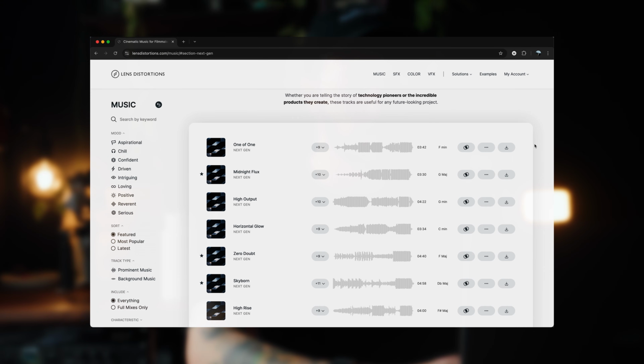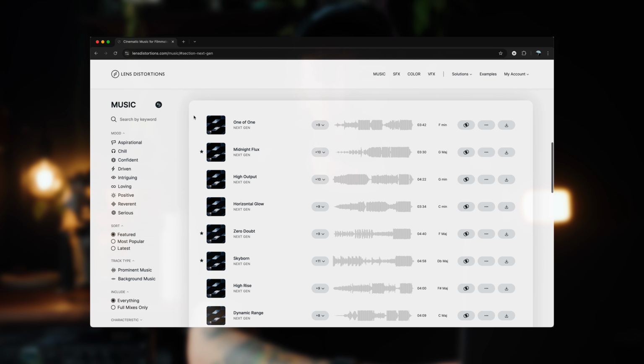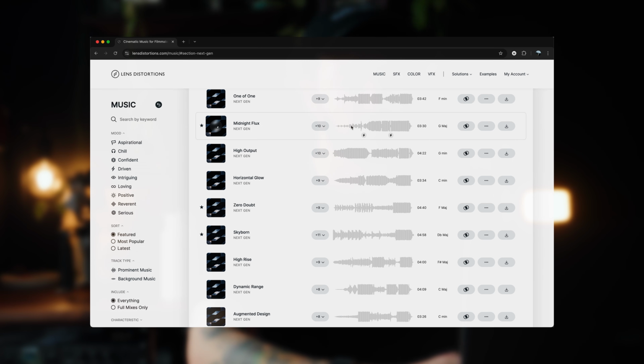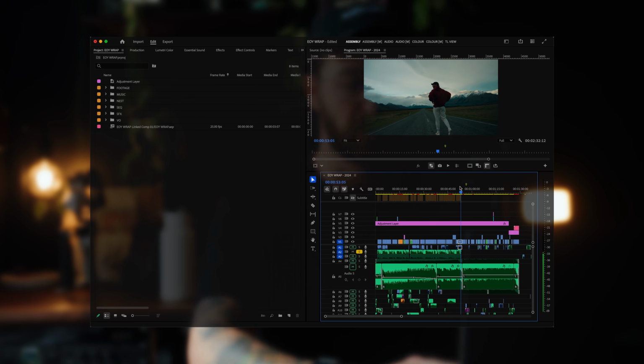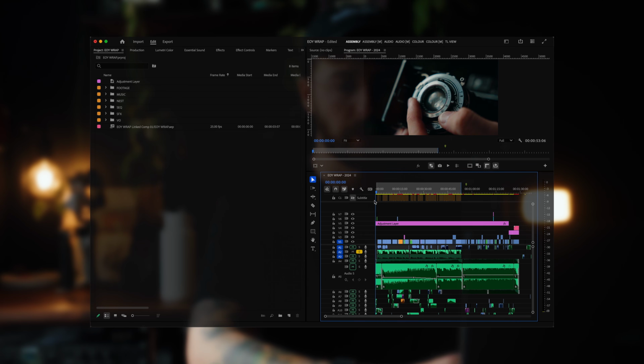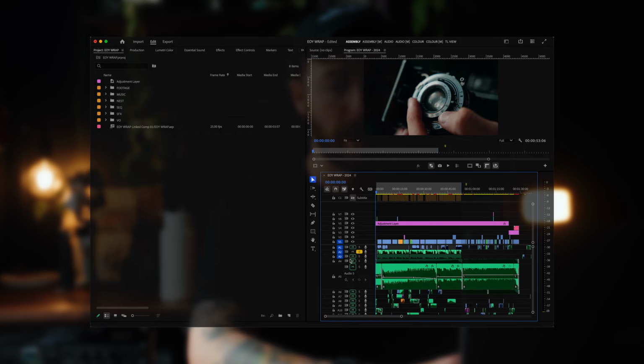Now, as I said before, I have my list of things that I like to look for when I'm browsing for tracks: how it complements my voiceover, the overall tone, how it builds throughout the course of the film. That's the sort of thing that I look for when I'm looking through all of these different tracks on Lens Distortions. One thing that I find quite handy when trying to find the right track is to isolate your voiceover and then set a loop point for it. Then you just have that continuing to play in the background as you're looking through all of your different tracks. That way you get a bit of a preview of how it's going to come together.